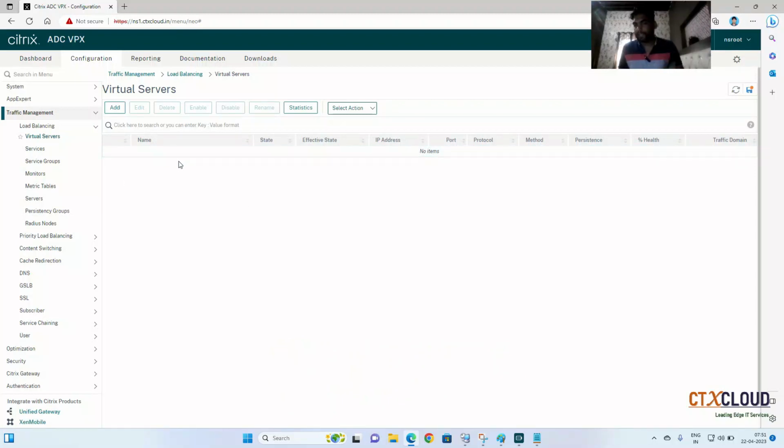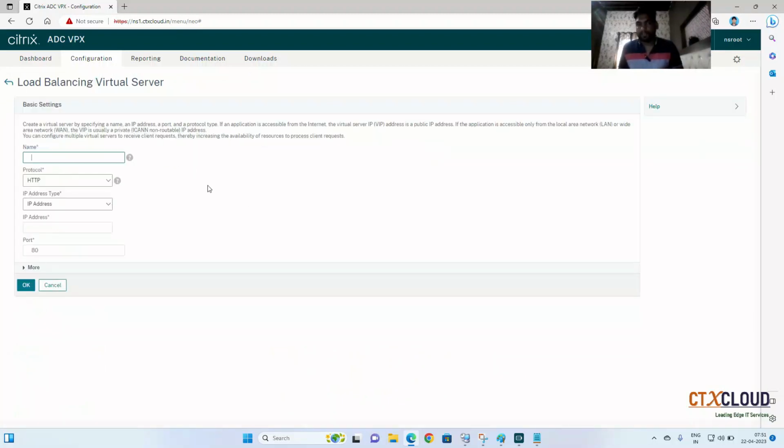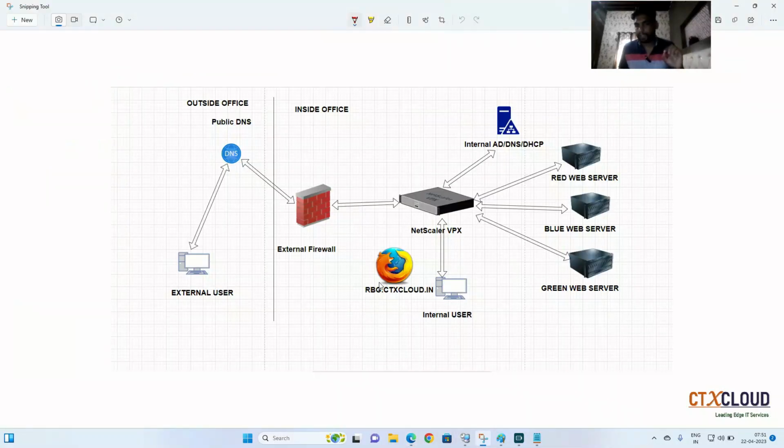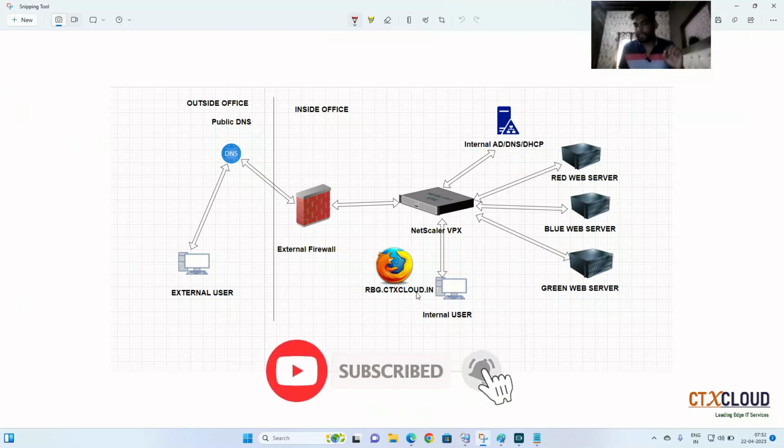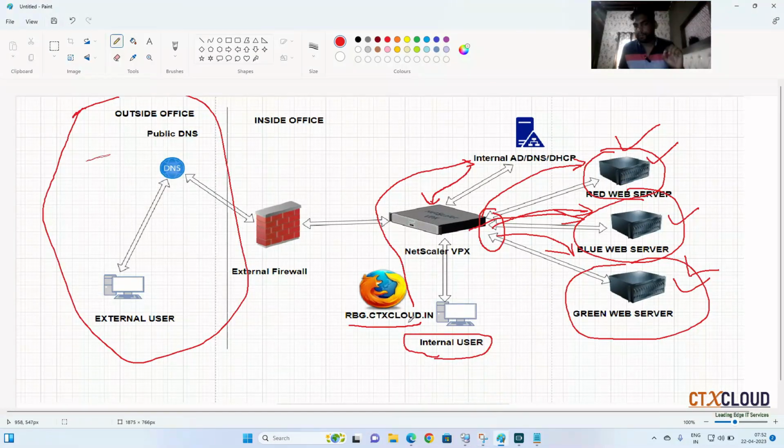Here you need to mention your VIP, meaning virtual IP. So what is a VIP? A VIP is generally an auxiliary IP which we provide when we are configuring any web server. Let me show it in the diagram. You have a website, rbg.ctxcloud.in. So where will the traffic go? If anybody is accessing rbg.com, the request will go to the DNS